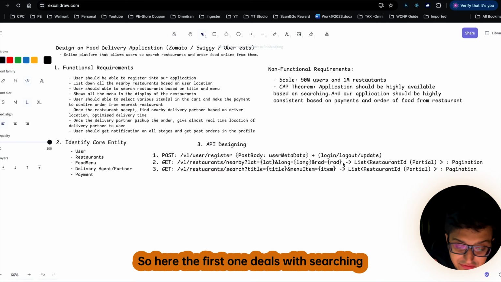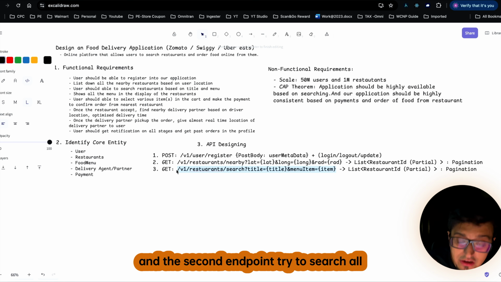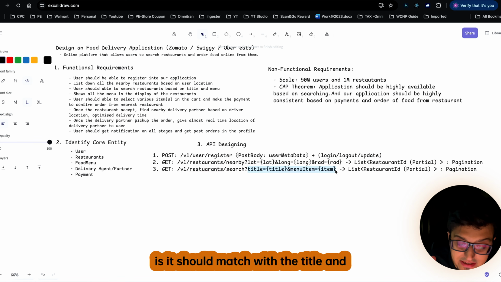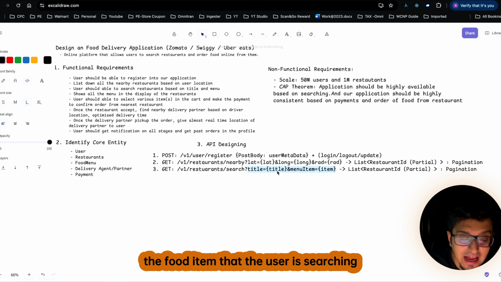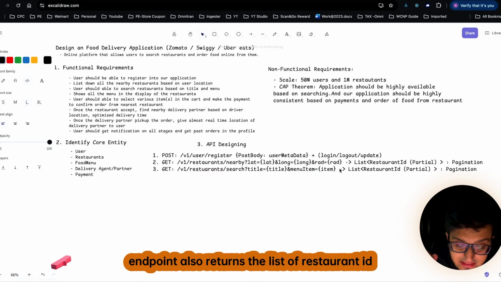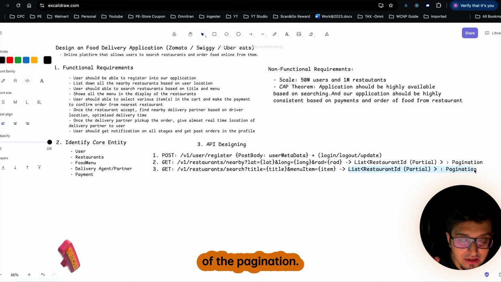So here the first one deals with searching all the locations that are nearby to us. And the second endpoint tries to search all the restaurants that meet these two criteria. That is, it should match with the title and the food item that the user is searching for. So I hope this is clear. And this endpoint also returns the list of restaurant IDs,